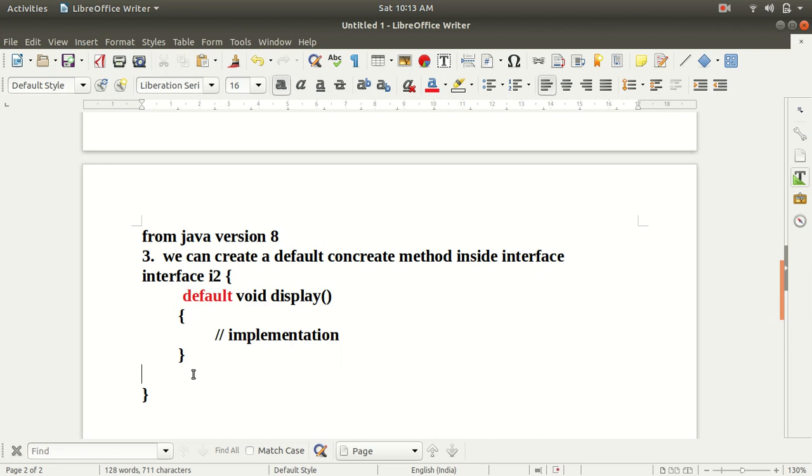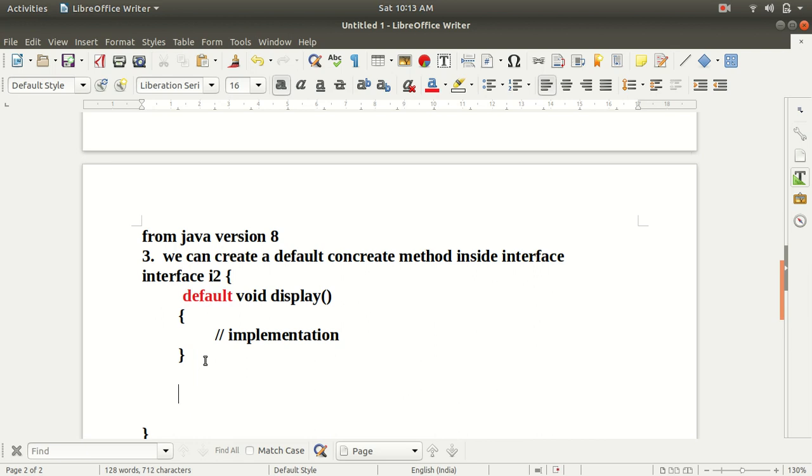And now guys, we are going to see one more thing that is added in the Java version 8, and that is, inside an interface we can create one more method, and that is a static method. So we can create a static method also.